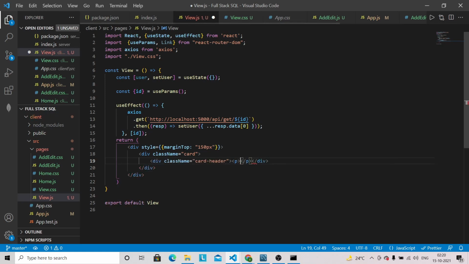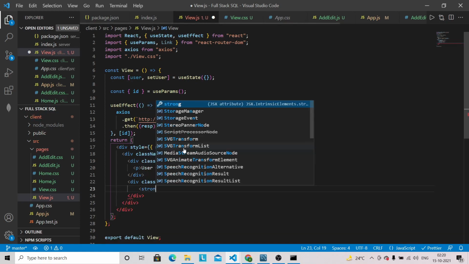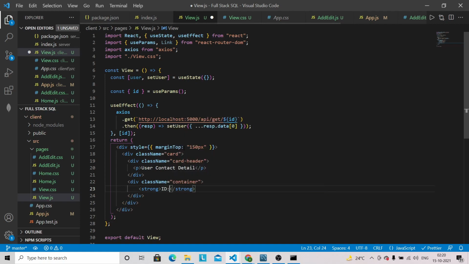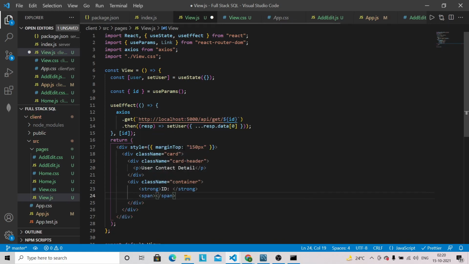Then we can define here something like user contact detail, and then we are going to have another class name, container. Okay, and here we are going to have a strong tag ID, and it will be in span only, so we can specify ID. Then we will have a break.